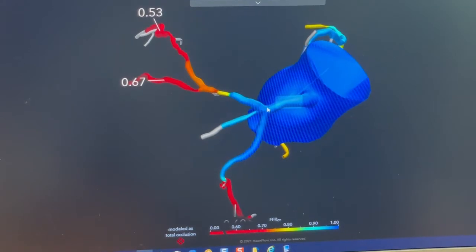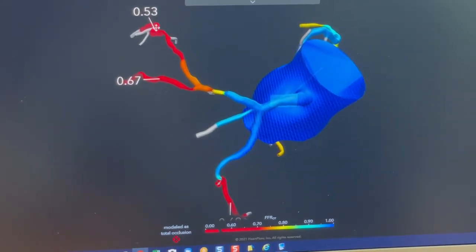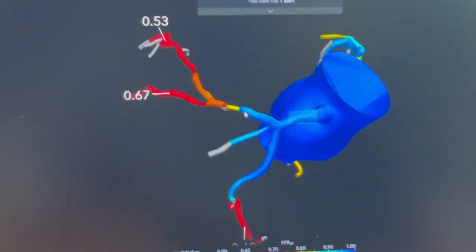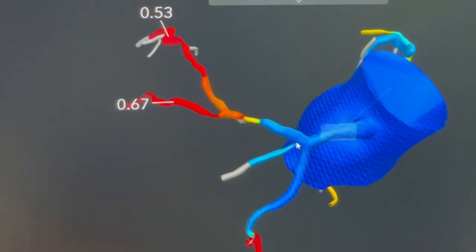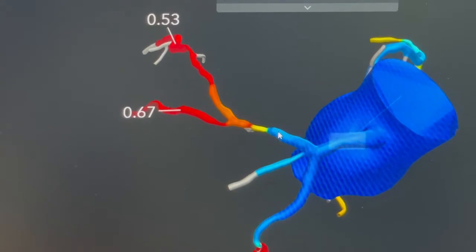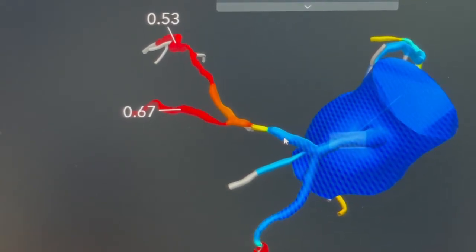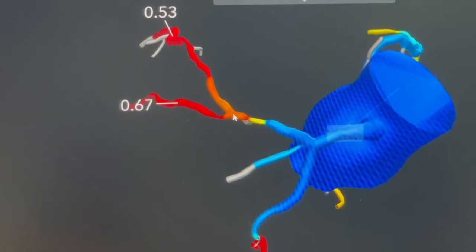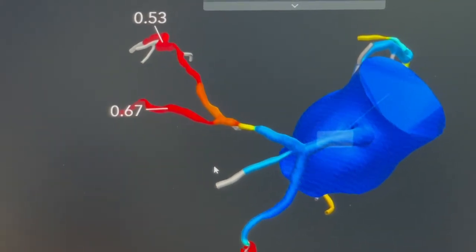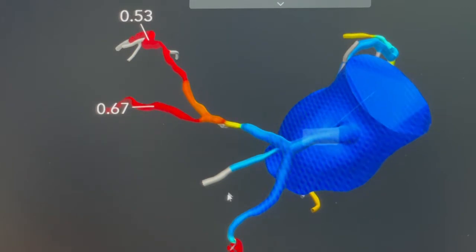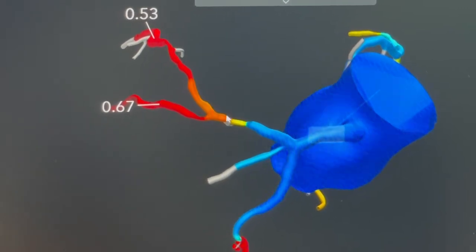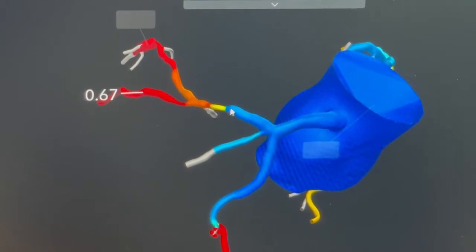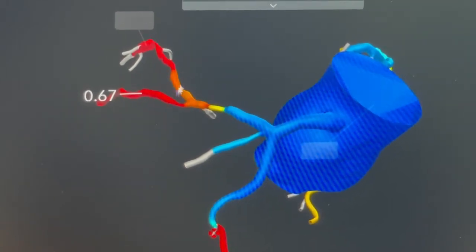So if we concentrate on just this important artery here, which is called the left anterior descending artery, you can see an area of blue, and that artery is wide open, and the area of blue indicates normal flow. And then we start getting to yellow, and then to orange, and then to red, and obviously that's color-coded, indicating not only do we have areas of narrowing here, but we also have, concordant with the areas of narrowing, diminished